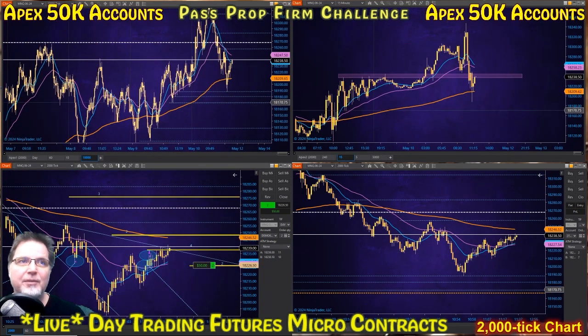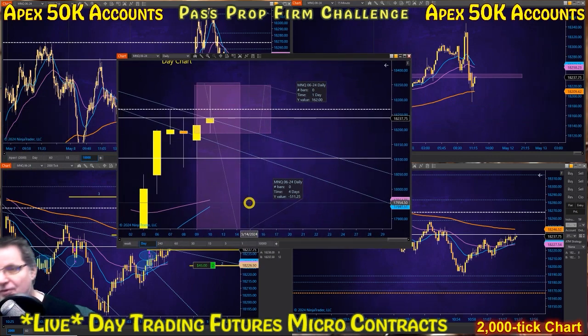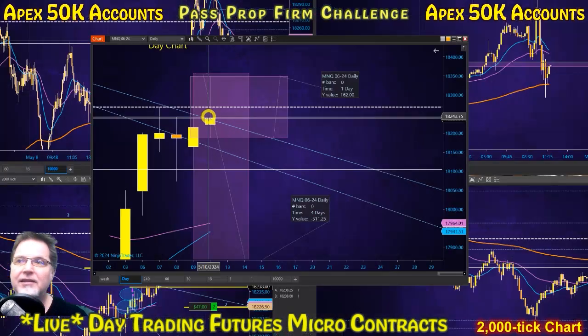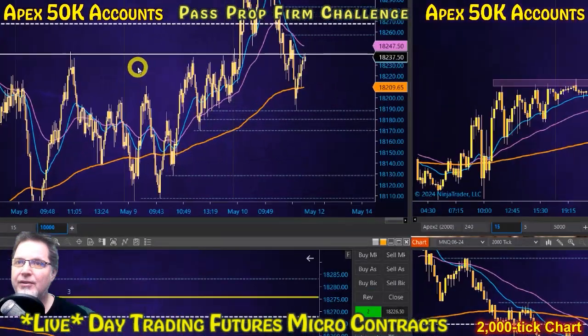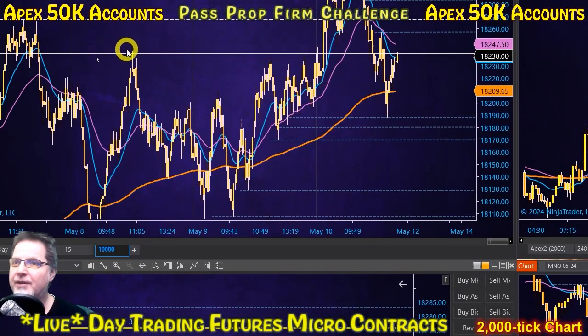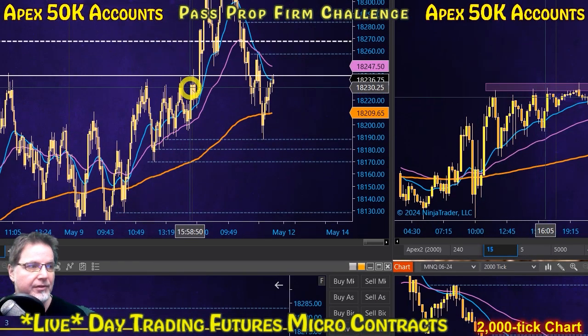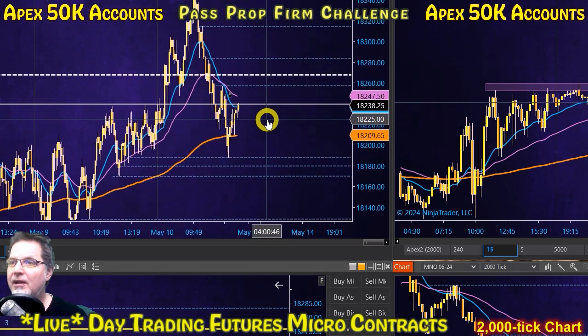Oh, I see what it's battling up against now. It's trying to push back up over the high of yesterday, the previous day. That white line is the high of the previous day. It's trying to get back over the top of that. That's what we're seeing. Okay. So right here in the 10,000 tick chart, you can see that line from the previous day's high over here. And it's trying to get back over the top of it. This is where resistance was before it popped up through there, and it failed underneath it.